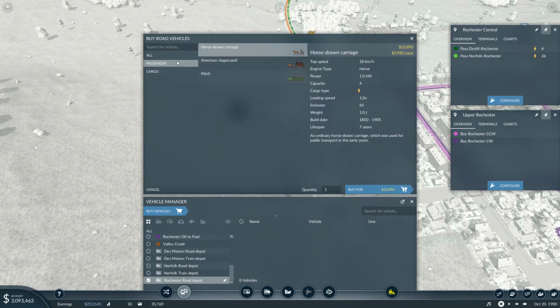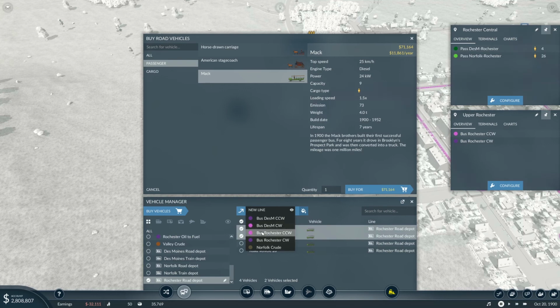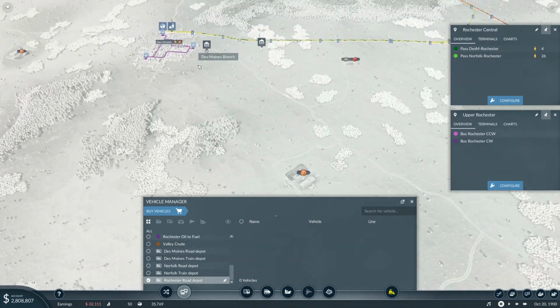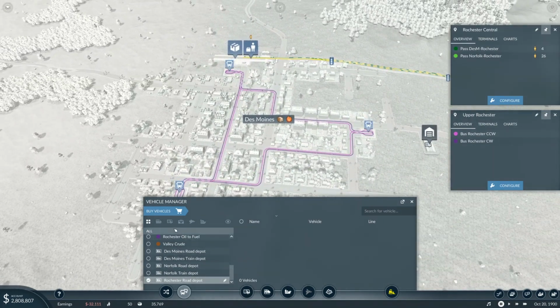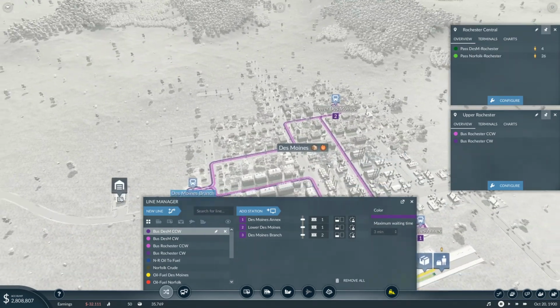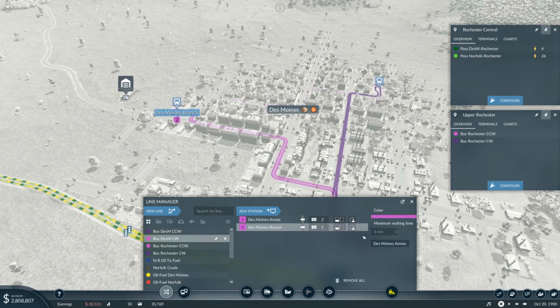Now we'll do the same thing here. All right, and then we'll do 2 of these to the counterclockwise, 2 to the clockwise. And then we're going to come back over to Des Moines. And we're going to change this up before we even get things started. All right, so let's go back to line manager. Yeah, so how do we want to do this? So I guess I'll just do it 1, 2, and then 2, 3. So this one is going to go, and we're going to get rid of this one. And then this one, we'll get rid of that one. All right, so